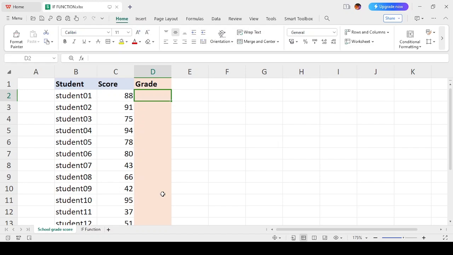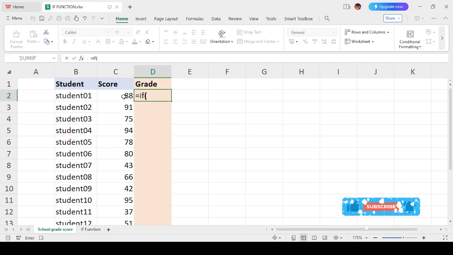We want to use this data set to determine if each student has passed or failed. So let's say the passing score is 60. We will use the IF function to accomplish this. So right where I have my active cell, I start typing equal IF open bracket. Our logical test is 88 here, so IF 88